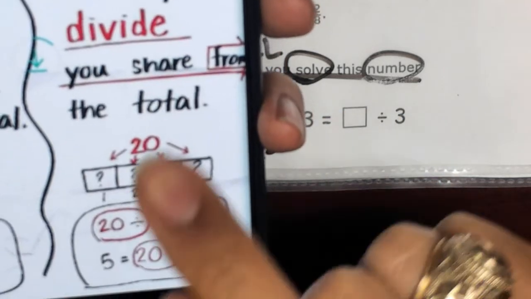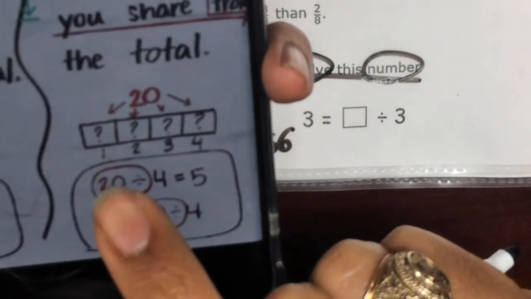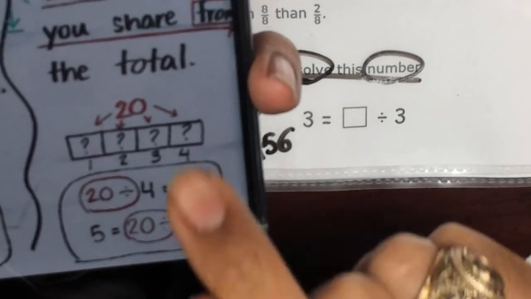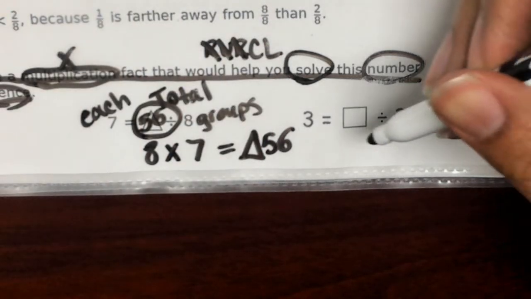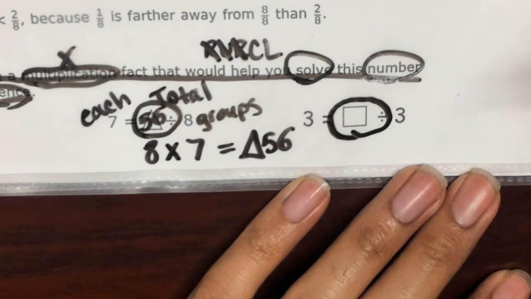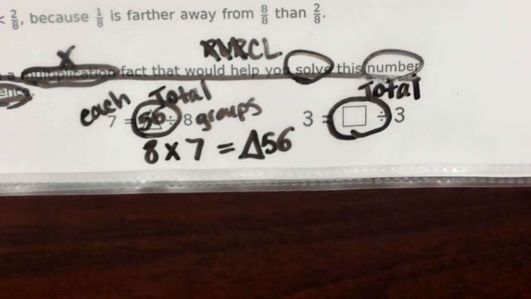Because we're sharing from the total, we need to start from our total. And that total number is going to be right in front of the division sign. No matter where the equal sign is, that total number is going to be right in front of that division sign. So since this box is right in front of the division sign, that is going to be our total number that we're trying to find. And now that we have our total,